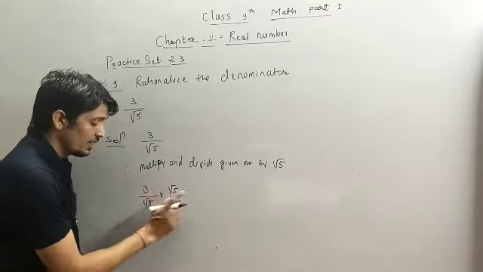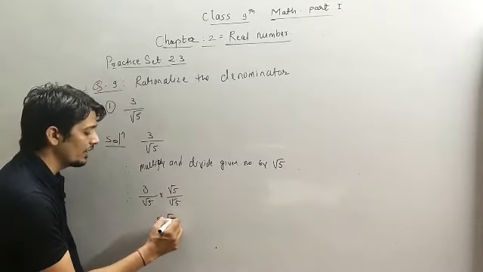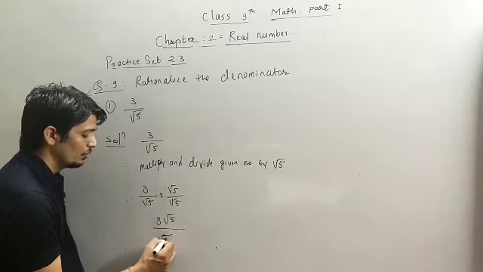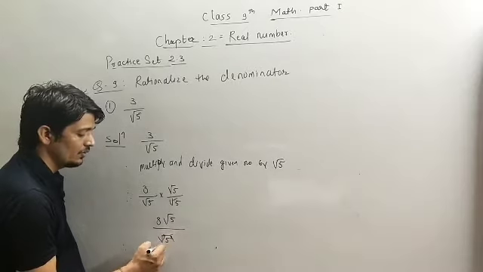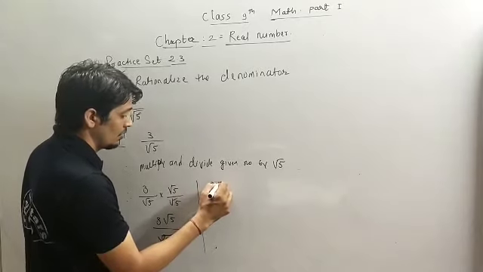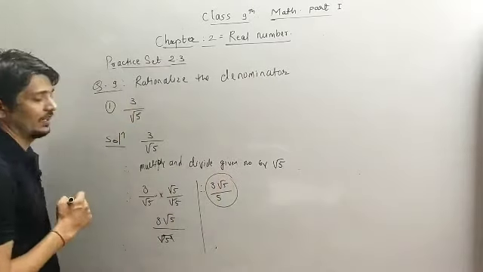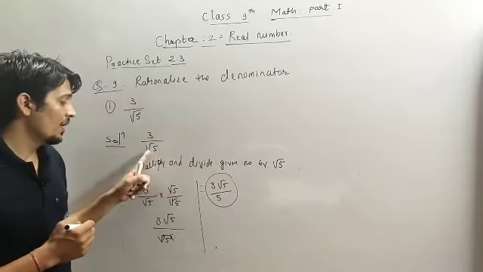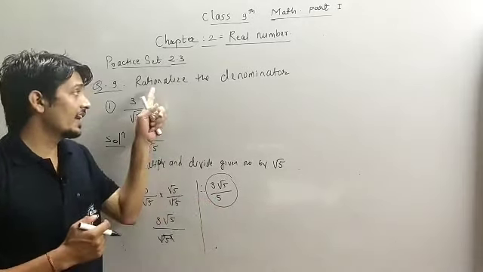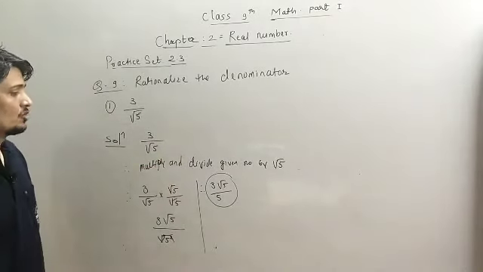So ये क्या हो जाएगा solution, दोनों को multiply करेंगे तो we will get 3 root 5 divided by root 5 into root 5 is root 5 का square. So square and root will get cancel. So what we will get, 3 root 5 divided by 5. So this is the answer. Okay. So we can say, देखो हमारा डिनोमिनेटर रूट 5 था और हमने उसको कन्वर्ट किया किसमें, 5 में. दैट इज हमने क्या किया, रेशनलाइज किया है डिनोमिनेटर को. ओके. सो राइट डाउन द सॉल्यूशन.